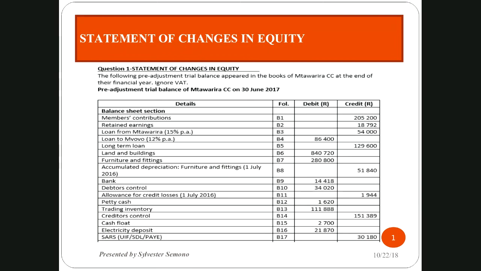You can see here we've got the pre-adjustment trial balance of Mutawarira CC on the 30th of June 2017. Remember, 2017 means this is our financial year end. You can even see here, I'm trying to underline, it's the 30th of September 2017. So this is the trial balance, which is the pre-adjustment trial balance. I think you are not surprised by now. You know that under the trial balance, we have the balance sheet section, as you can see here. And then we have, if I can go to the next,